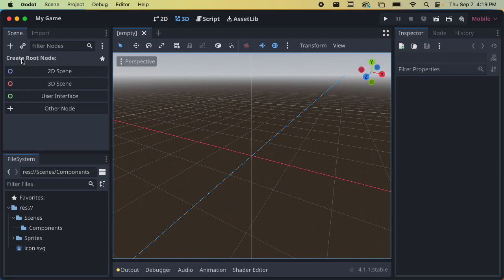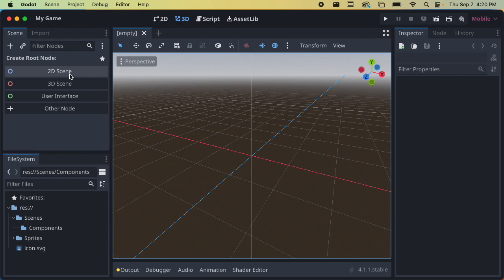And so when I create a new scene, by default, I haven't created anything yet here, and it says create root node. Nodes are like building blocks. There are individual Legos. And the way we create a scene or a component is by putting nodes together. And the relationship between the nodes is kind of important, and we'll talk about that, but I'm just going to start building. So I'm going to create a 2D scene, but my player is a very specific type of node